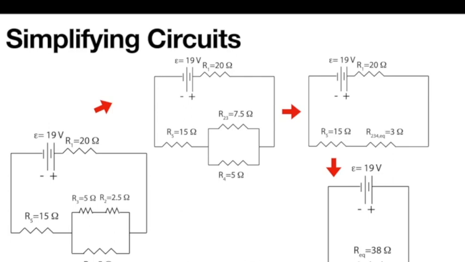And as I did in the lecture when I presented this, you can work backwards. Now that I know the I total, I can find the voltage drop across each one of these resistors in the third circuit. And then going back one other level, I know the voltage drop across R2,3 and R4 now. So this is that tricky thing I was talking about. REQ, or R2,3,4, has the same voltage drop as R2,3 and R4, right? That's the whole point. And so if I know the voltage drop across R2,3,4, I can find the current in R2,3 and R4 because I know each of their resistances. I can go a step further, split it up even more. But generally, this is how we will simplify: we'll work with circuits like this, where we simplify them as much as we can, find the total current, and then start working backwards to find voltages and currents in specific sections